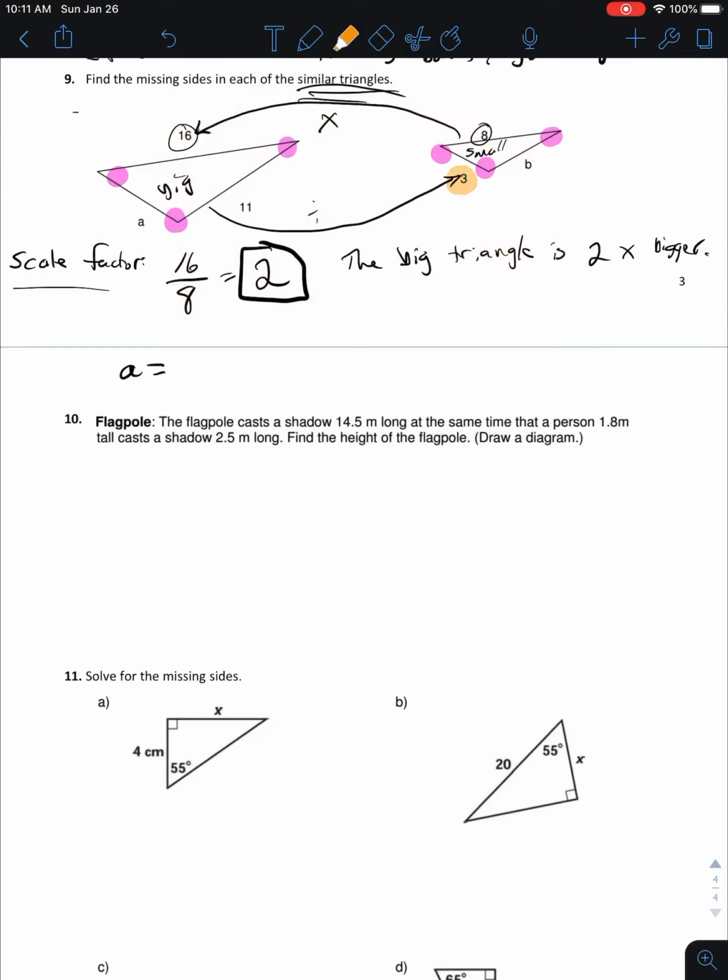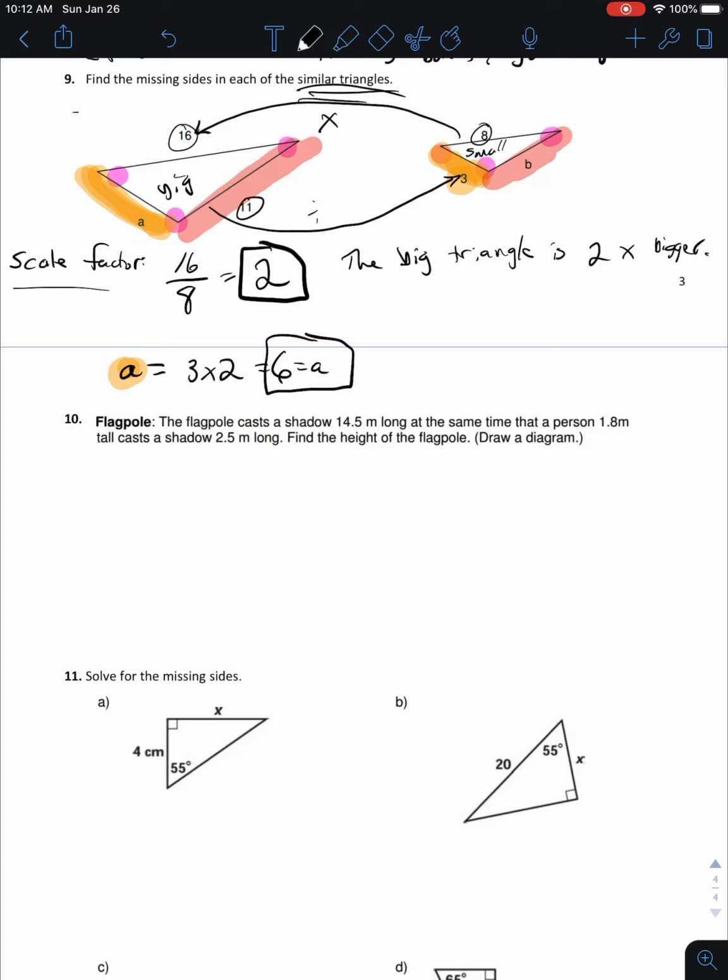So then I know that A is going to be equal to, you just have to look at where the side lengths are. So this looks pretty similar to this side length, which means A is going to be equal to 3 times 2, which is equal to 6, right? Which is equal to A. I like this. And then you put a box around what your final answer is. And then B